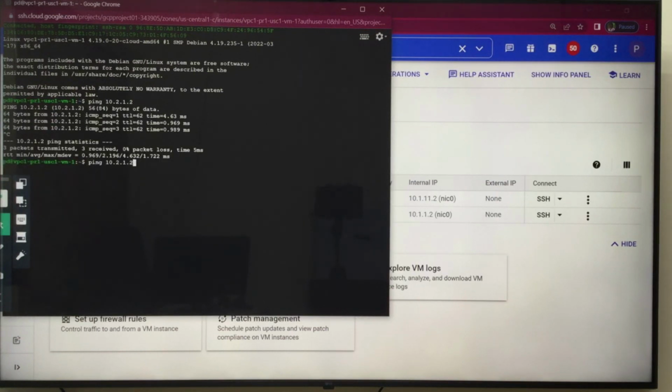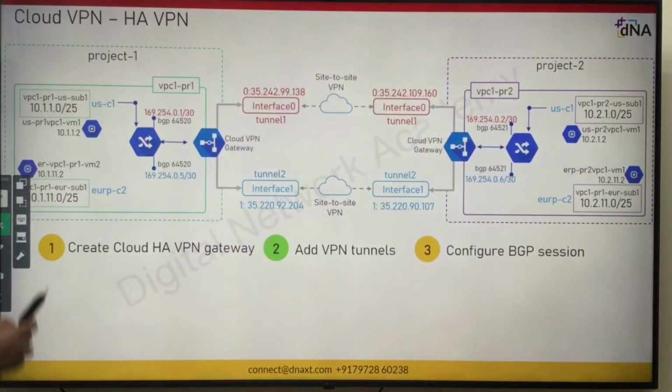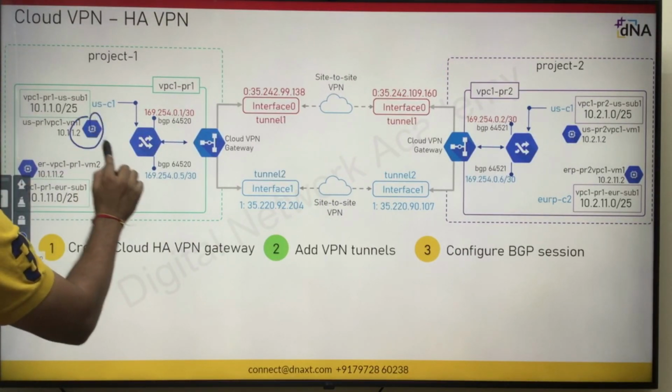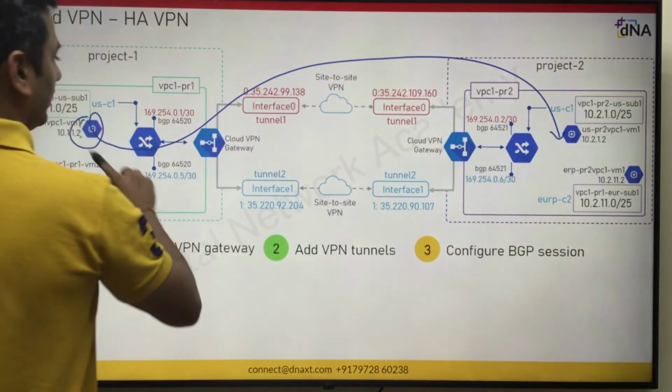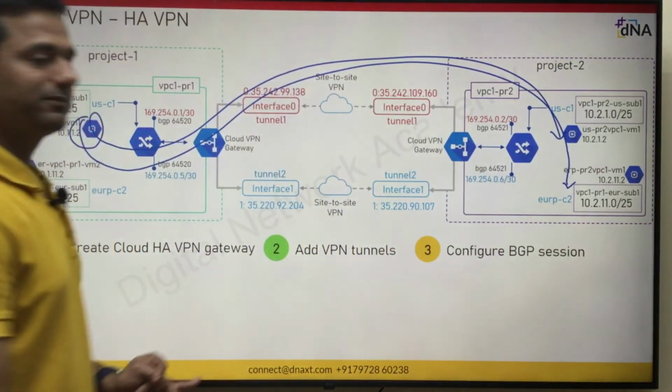Then go and ping the project 2 Europe IP, 10.2.11.2. Yes, correct. So now guys, from this VM I am able to ping the US Central 1 IP address as well as the Europe IP address.